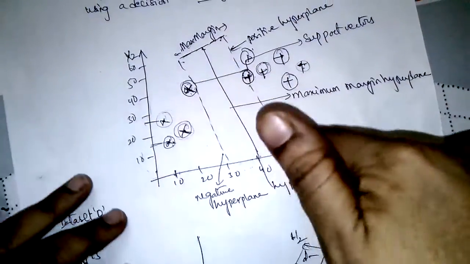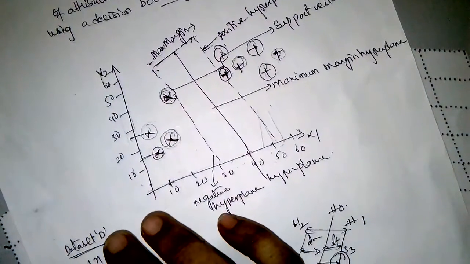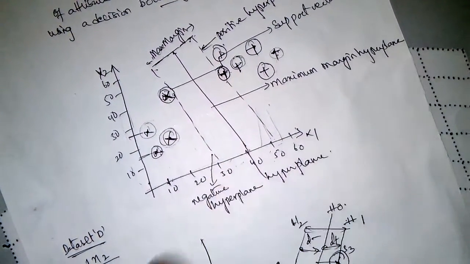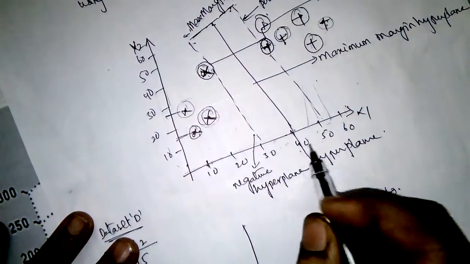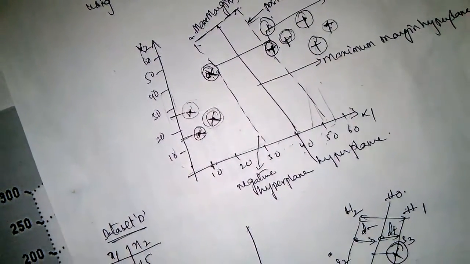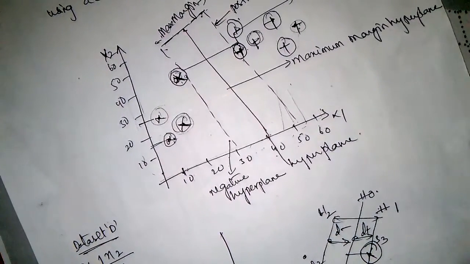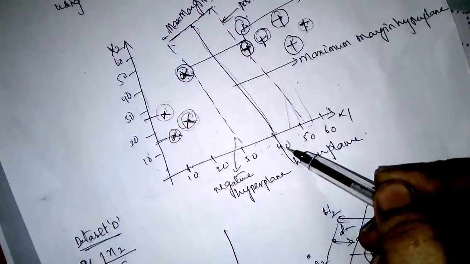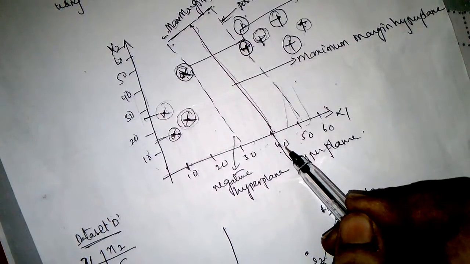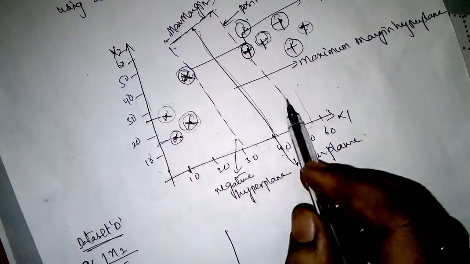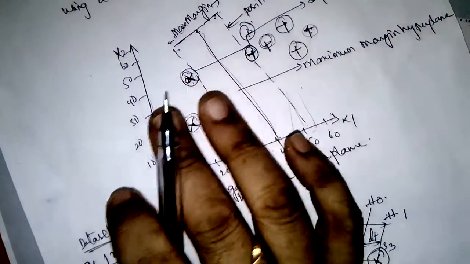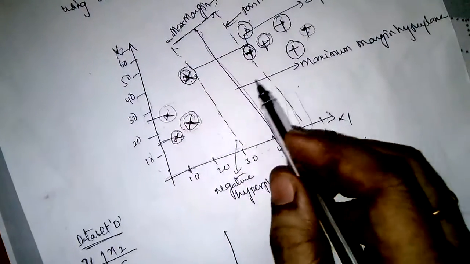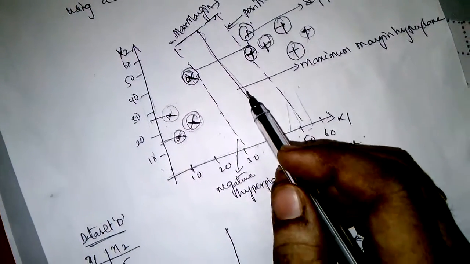In this way we will represent a given data set or training data in a support vector machine. The two main important terms of support vector machines are hyperplane and support vector. These two are very important. So what is a hyperplane? A hyperplane is a line which is used to separate the data in n-dimensional space.